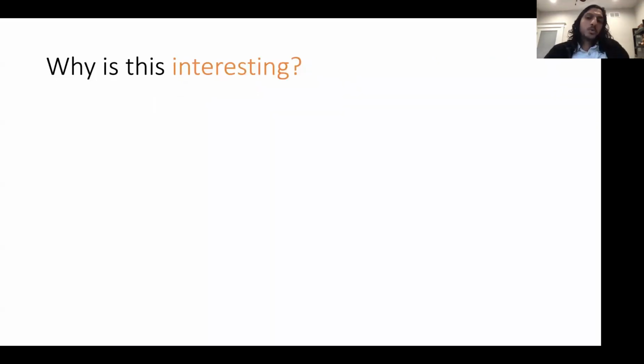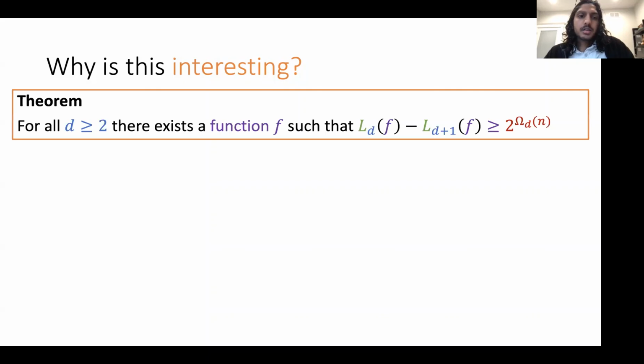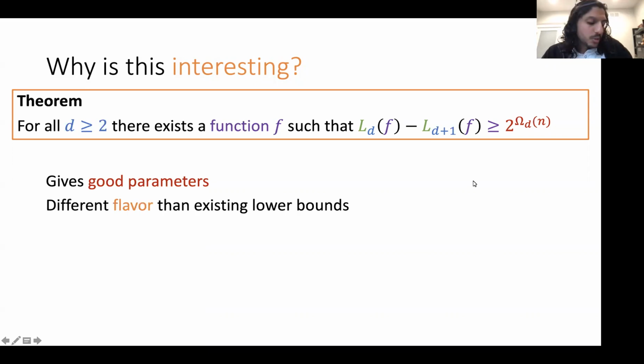So let me just say a little bit more about why I think this is interesting. I've just restated the theorem here. I haven't said anything new. One is that I think the fact that you could get something with these good parameters is surprising, because we don't know how to prove lower bounds in this regime usually. But the more interesting thing to me about this lower bound is coming back to the thing I mentioned earlier about different flavors of existing lower bounds. In particular, the way that we proved this ended up coming out of our proof that depth D formula MCSP